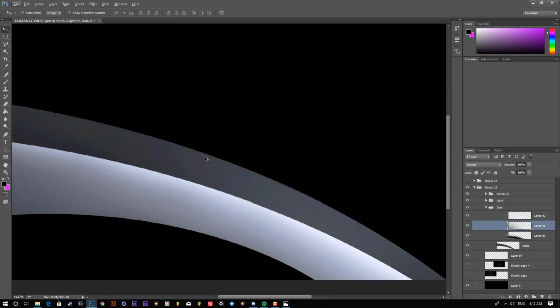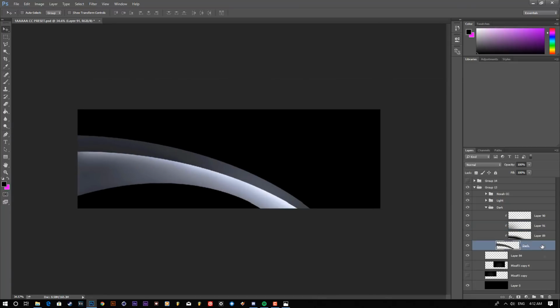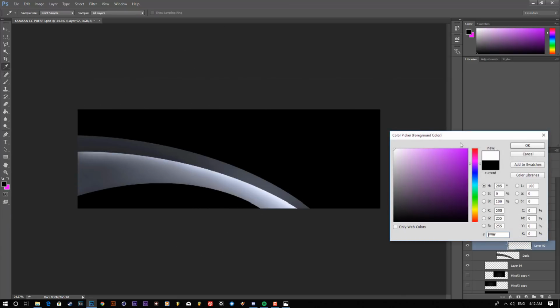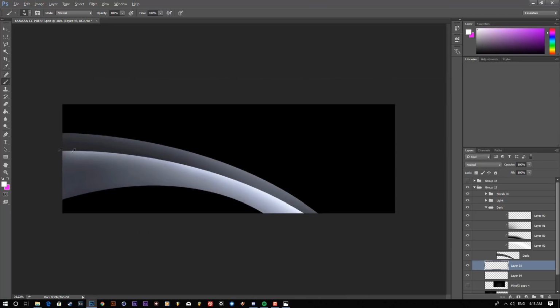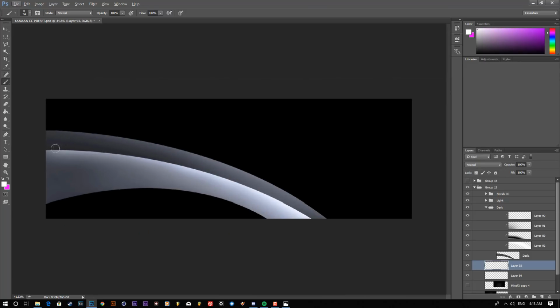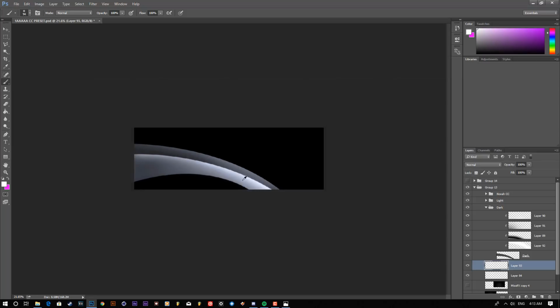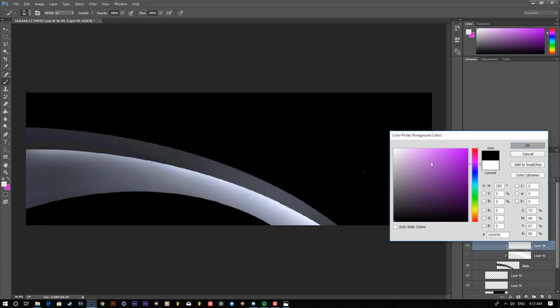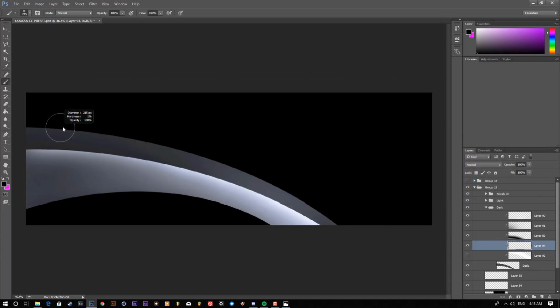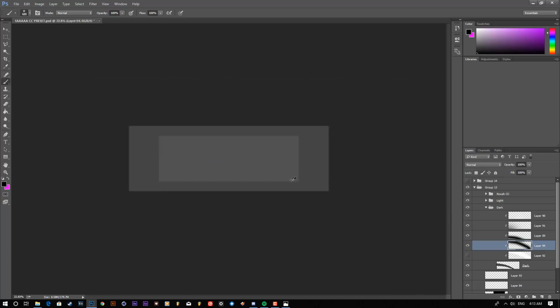It's still missing something right here. So we can add a shadow. Or we could try adding a light. Let's see. Okay, so let's try adding a light and see what that looks like. What we did here, this light, gives the feeling that there's a ditch in between the edges, you know. But if we were to put a black, then it would look like it... let me show you. Now it looks